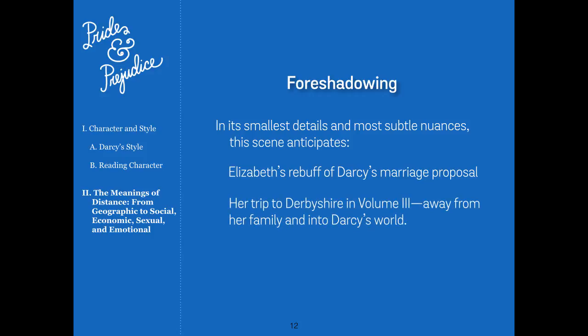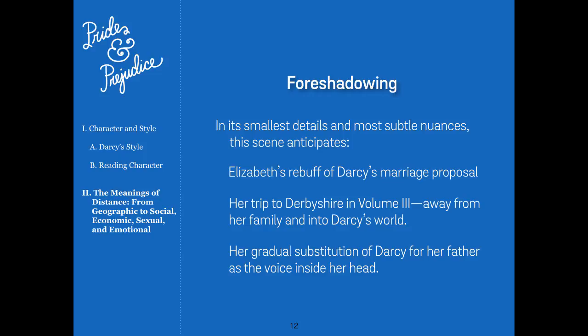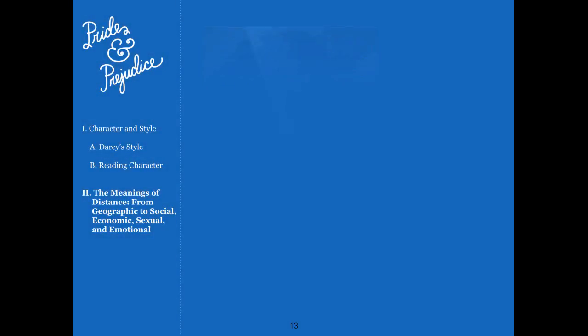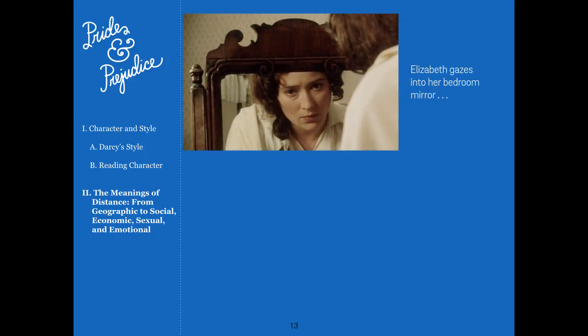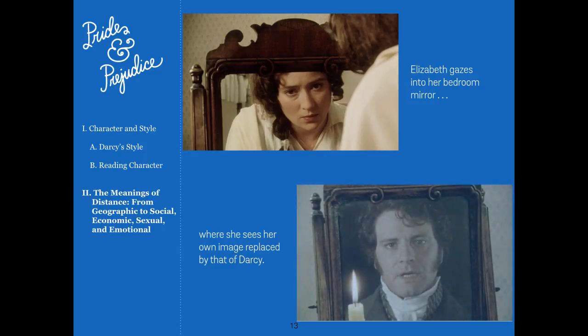This scene also anticipates Elizabeth's visit to Derbyshire in Volume 3. She travels into Darcy's world and finds the psychological and emotional distance between them shrinking when she does. Perhaps more indirectly, the scene also anticipates the final closing of distance between Darcy and Elizabeth as he replaces her father, becoming the voice inside her head. Because, as we all know,